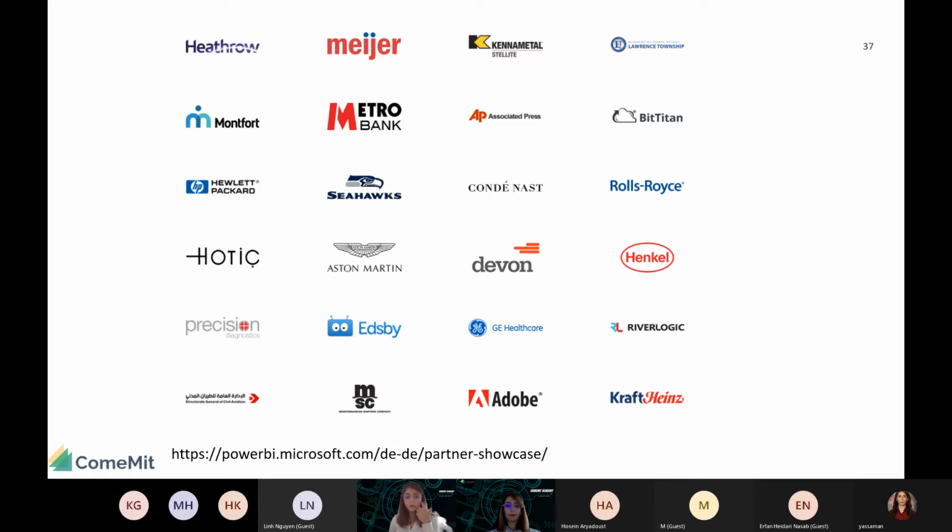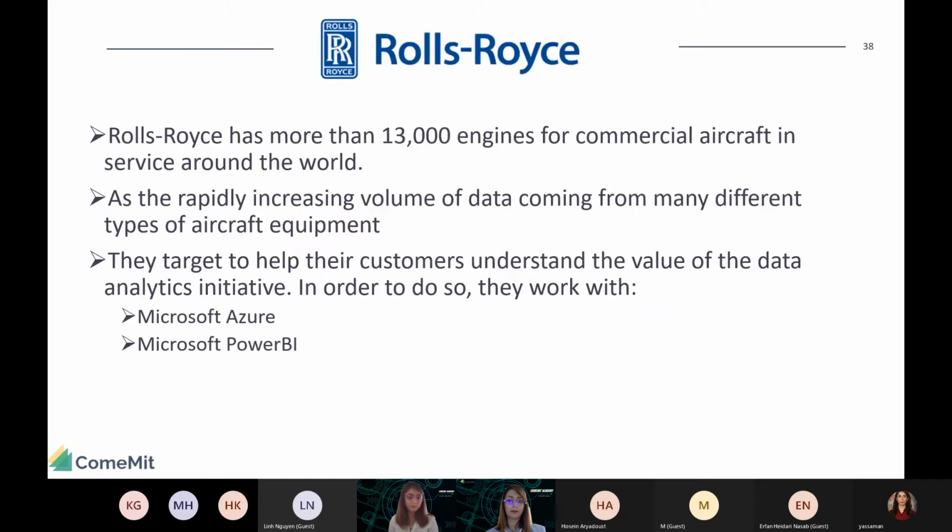Big companies like Rolls-Royce, Henkel. Among European companies, I know Siemens has already started working with Power BI. There are quite famous German companies who are working with Power BI as well, right? Aurelius, Replay. Yeah, these are two names that I remember right now. But the important thing is that there are lots of other companies joining this wave, and this is quite exciting for people who are just starting to learn it, because they know that there will be quite a lot of opportunities in the future for them.